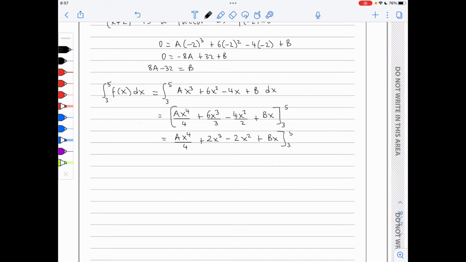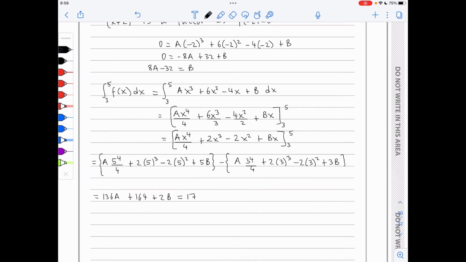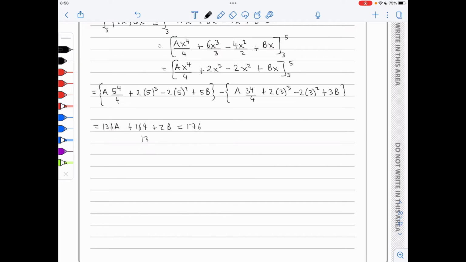from 3 to 5. So we will substitute the upper limit. It will give us A times 5 to the power of 4 over 4 plus 2 times 5 cubed minus 2 times 5 squared plus 5B, minus the lower limit substituted, which will be A times 3 to the power of 4 over 4 plus 2 times 3 cubed minus 2 times 3 squared plus 3B, and this gives 136A plus 164 plus 2B, and we have been told that this is 176, so we have that 136A plus 2B is equal to 12, and if I divide throughout by 2, I get 68A plus B is